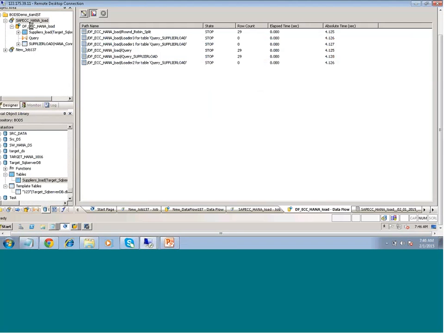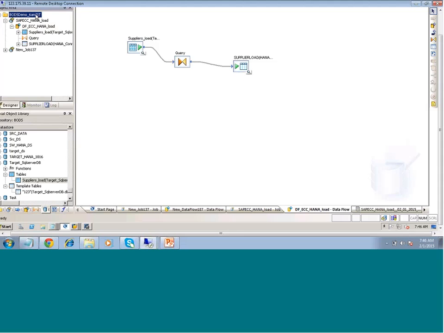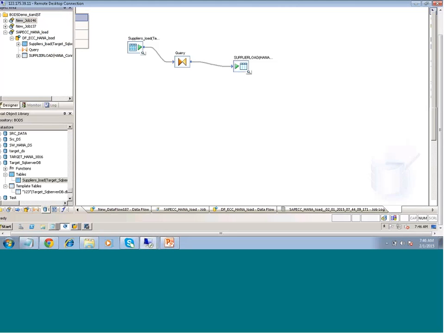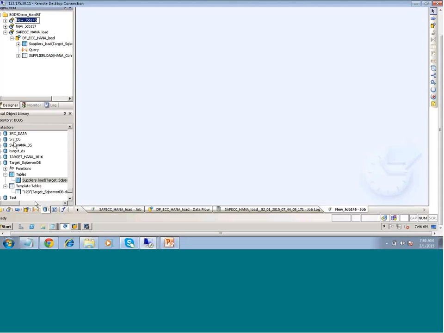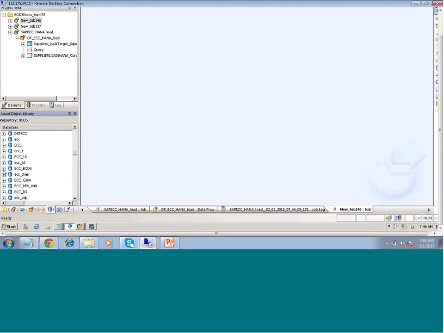That's it. So we are using some supplier table from the SQL Server actually. What you can do is you can also use any standard table from ECC. Since it is not working here, we will try to resolve it with the tech server guy as soon as possible. Similarly, if you have any extractors like ODP objects, you can always get those. Similarly, we have something called ECC_connection, ECC_data. So we have some tables called VBAK table. Simply drag and drop. So once you have created a data flow,